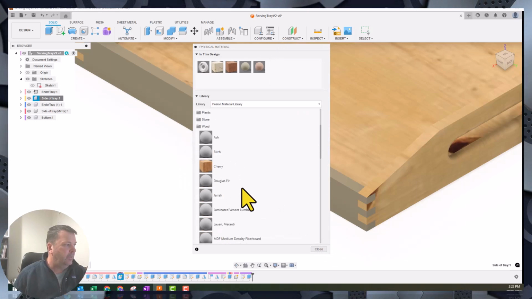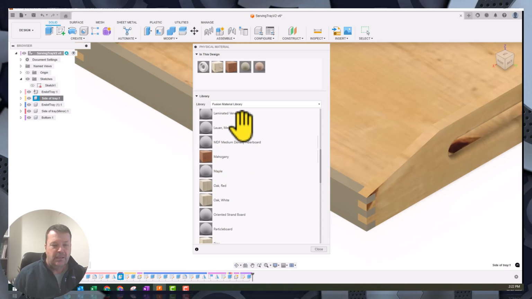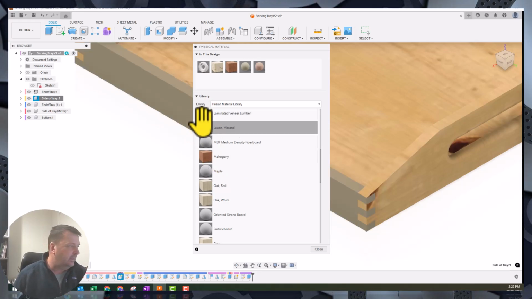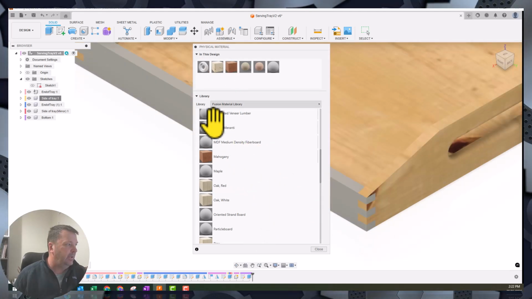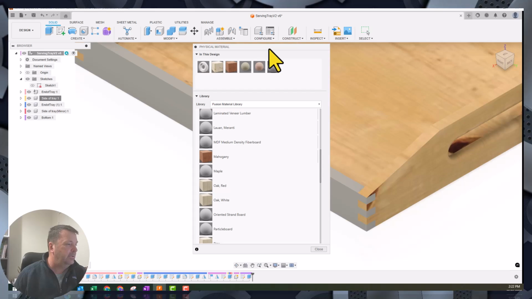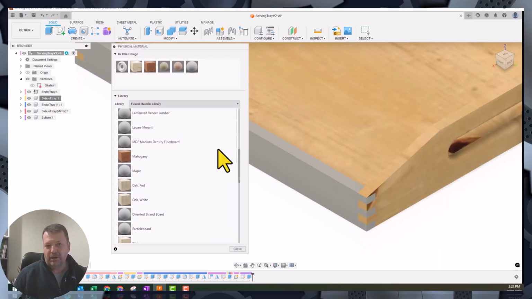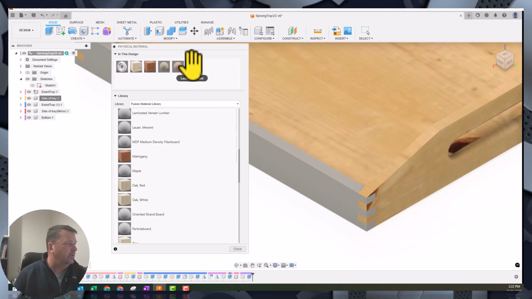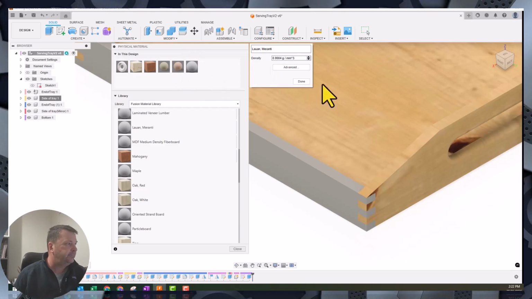Now in ours, if we go to wood, we have some wood there, and some have actually got an image assigned to them and some don't. If we define Meranti, which is this one here, when we put that on there, it just comes up with that grey sort of pattern to it, and there's nothing else assigned to that, which looks a bit drab and boring. So what you can do is edit this object. So if we go to edit,